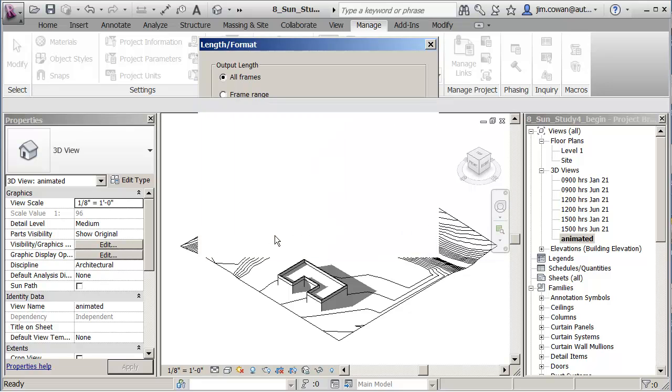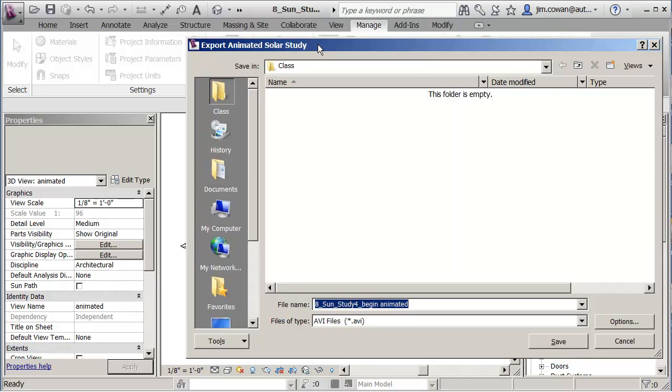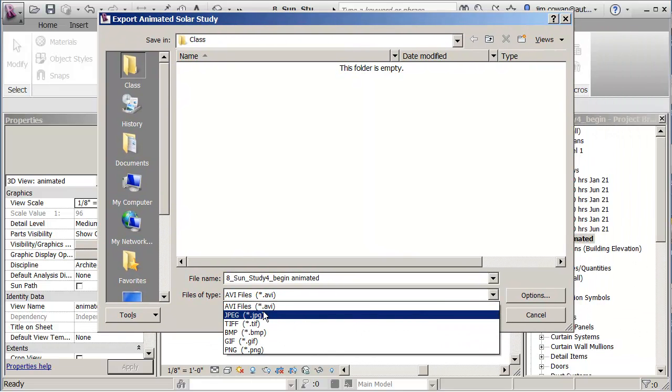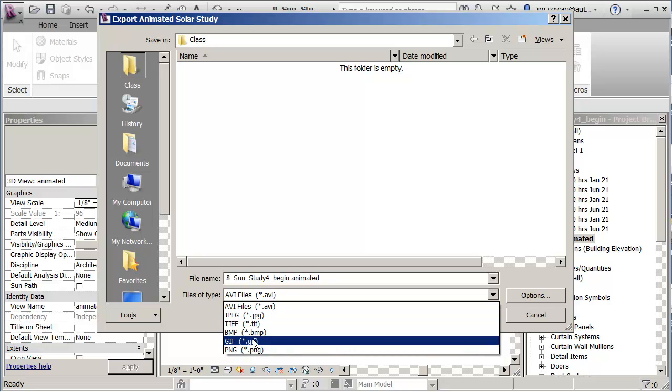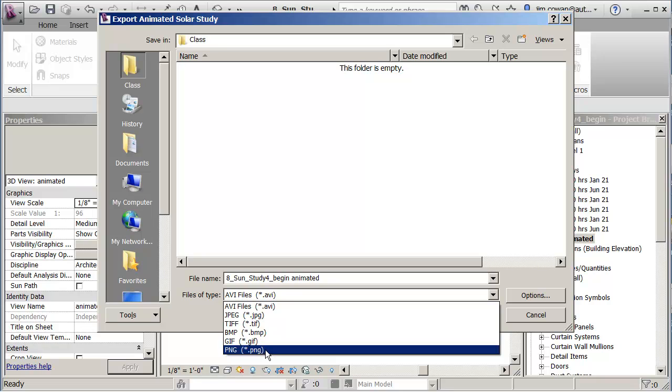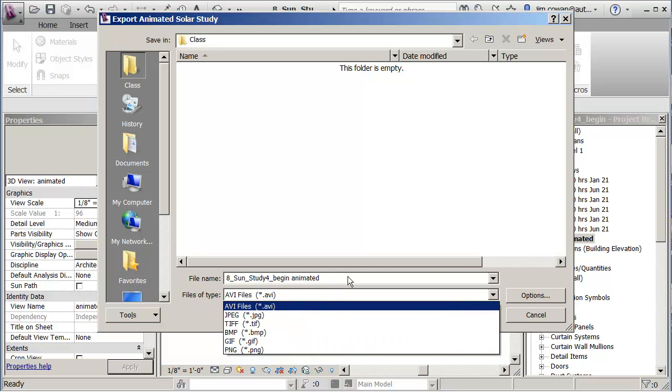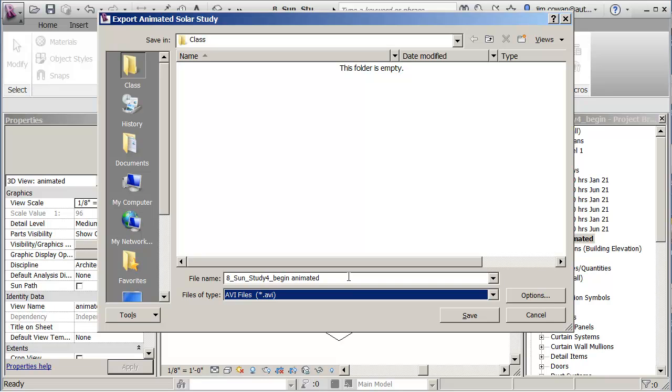The next thing you'll see is the option about what do you want to name it, right? So you could, if you want, save out each 15-minute interval as a JPEG, a TIFF, a GIF, a BMP, a PNG, and you might, if you want, string them together in something like a flash file so you can play it back. I'm going to go with the format that's the single file format, just an AVI file. I'll put it in the class folder,